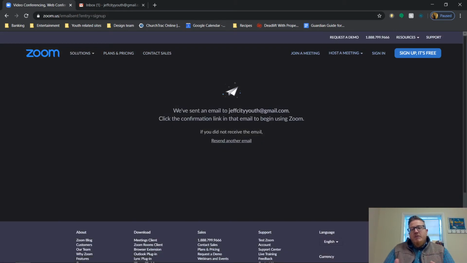And when you push sign up, it'll take you to this screen. And it says that we've sent an email to whatever your email address is, and that you need to click the confirmation link in the email to begin using Zoom. So what you'll want to do now is you'll want to go to whatever your email provider is. If you're using Gmail, then you'll go to Gmail, AOL, go to AOL Mail, however it is that you check